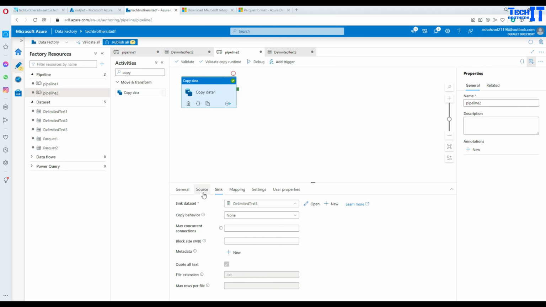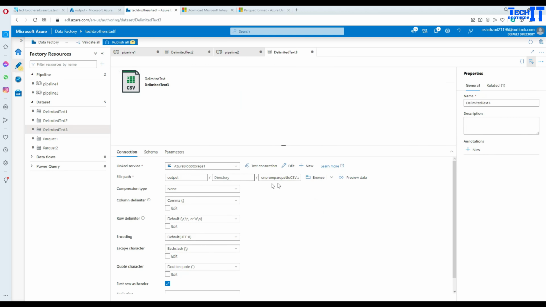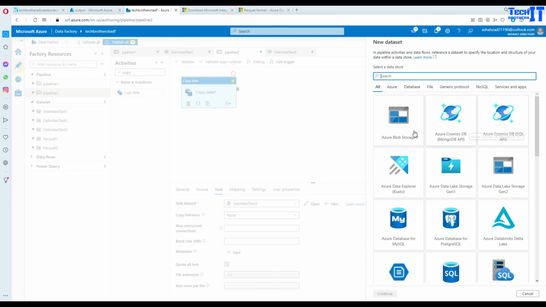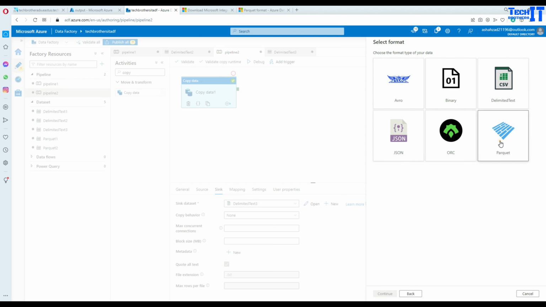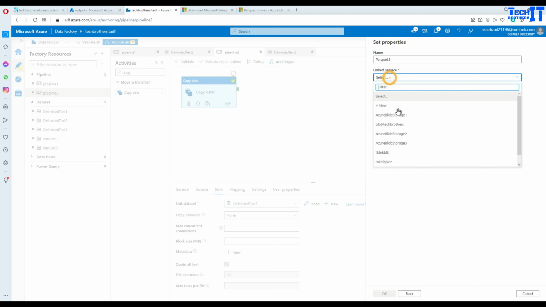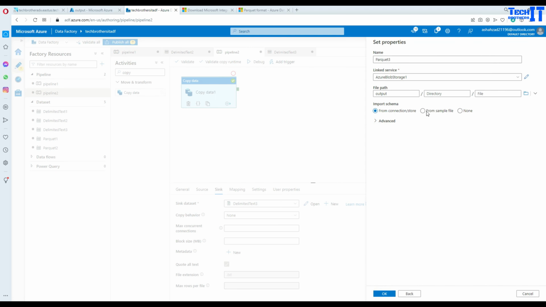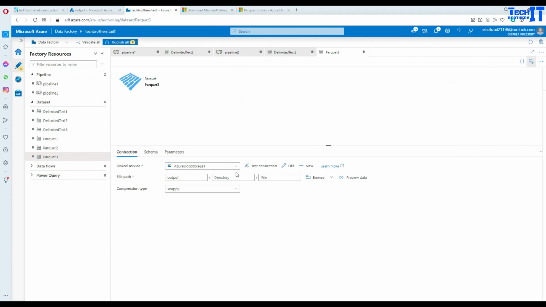Let's go back here, and if I go to the source and in the sink, let me open the sink. I probably have to create a separate data set for this one. So if I create a new data set, Azure Blob Storage, now I can select Parquet. That should be the same blob storage, select the container output, and then I'm going to say none here, hit OK, and in the name I am going to give the